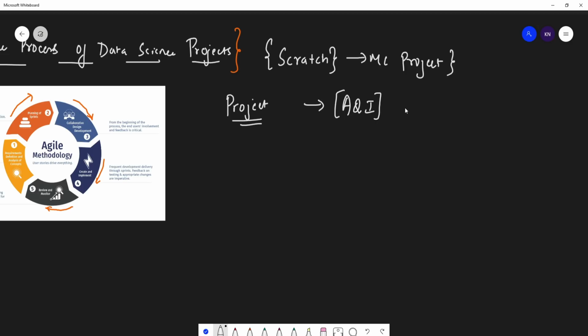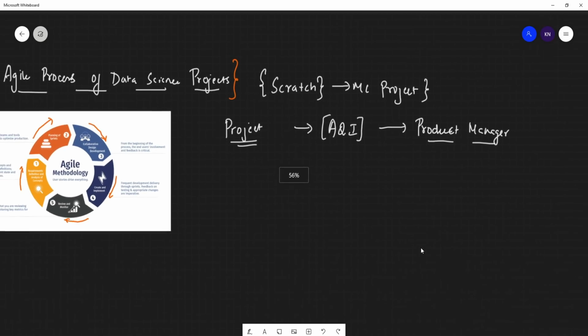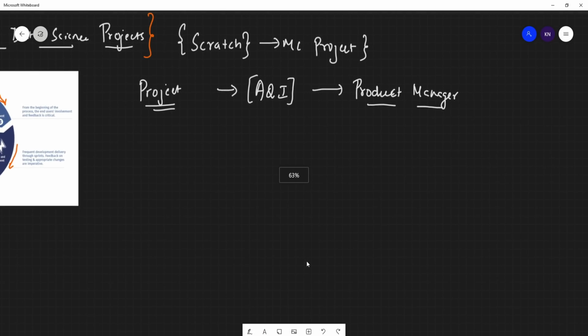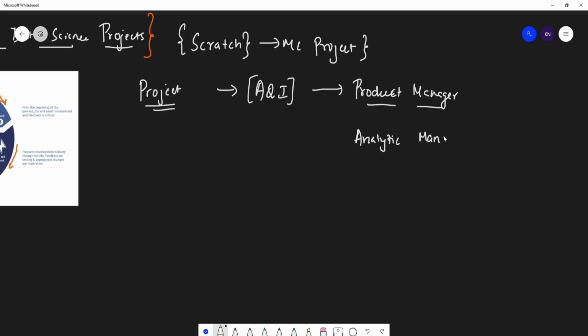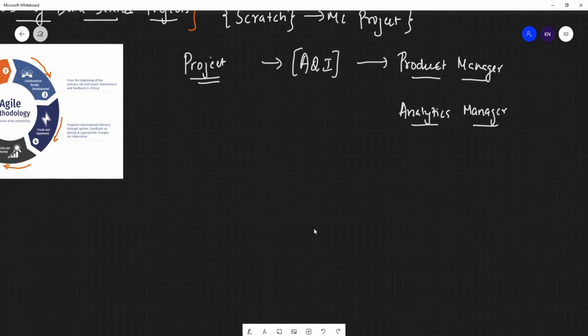Now usually this project is coming from some client where there is a product manager who is the owner of this project. Okay, product manager. He'll be responsible for delivering this particular project on the client end. And from the delivery end, you may also have an analytics manager. Okay, so I'm also going to tell you some of the roles that are basically involved in this. Analytics manager, pretty much simple. So this is the entire project that we are actually going to do, AQI and all. So let's see how we basically start this project in the form of the agile process.